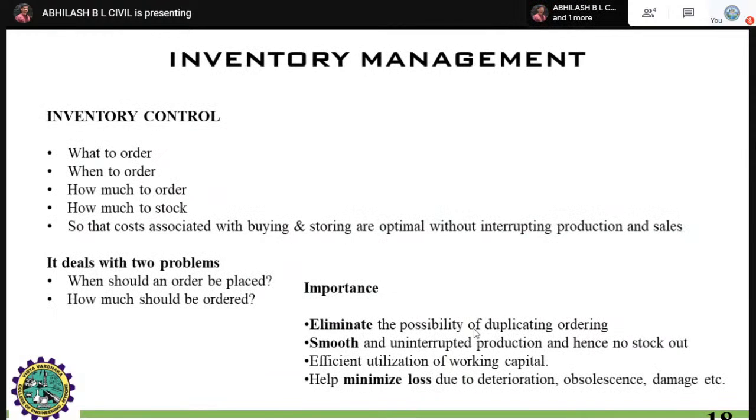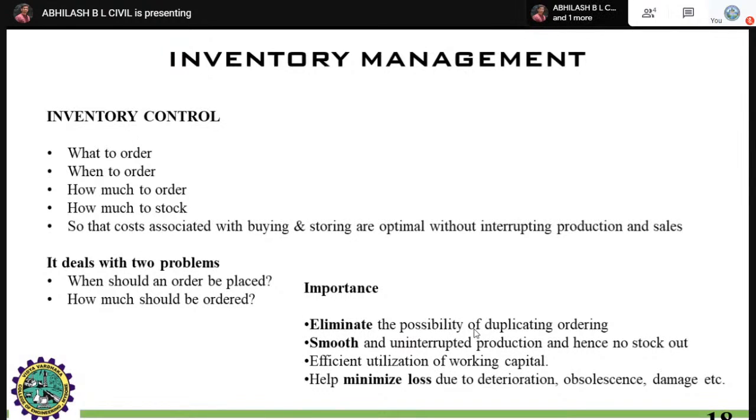Coming to inventory management, these are some of the types of management: inventory control, what to order, when to order, why to order, how much to order, right? Why, when, what, where, like this. You have to always identify these questions while procuring materials or while constructing your infrastructure, so that the costs associated with buying and storing are optimal without interrupting production and sales. The best example: you are still in the selection of the site and in the execution